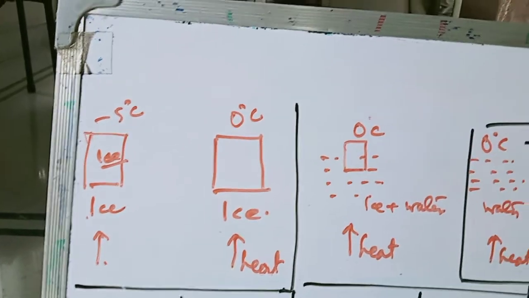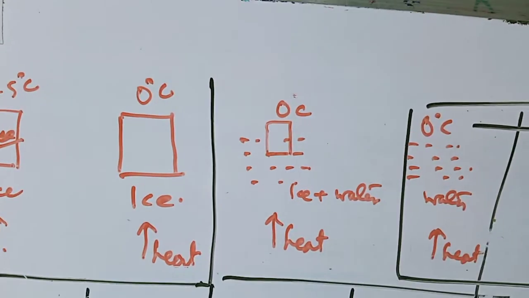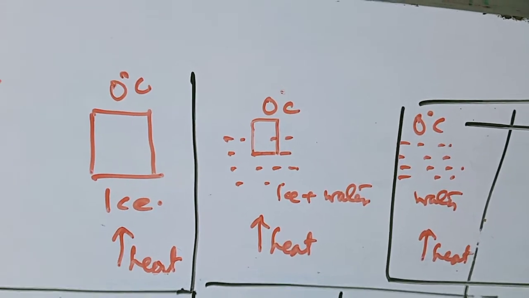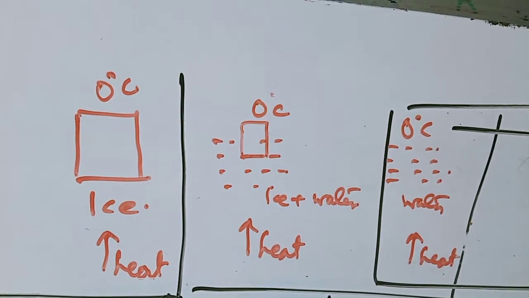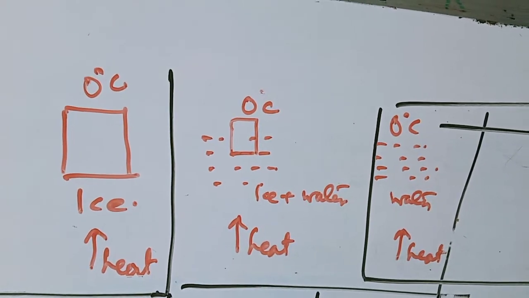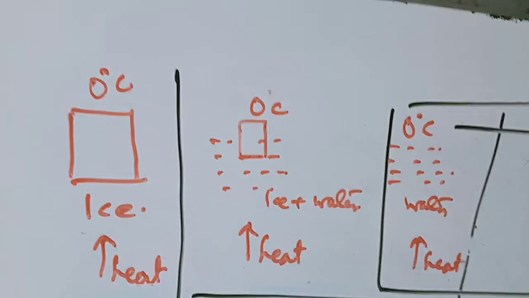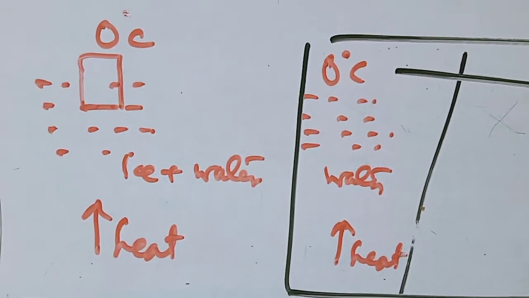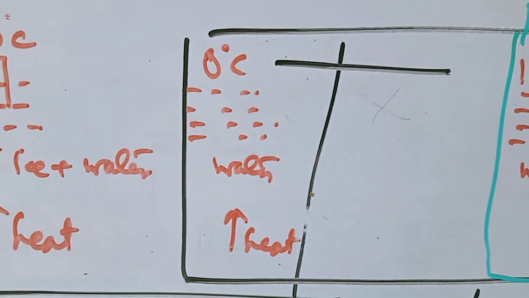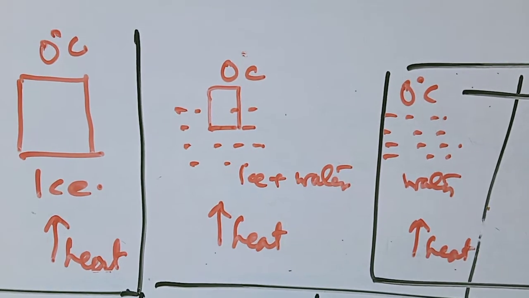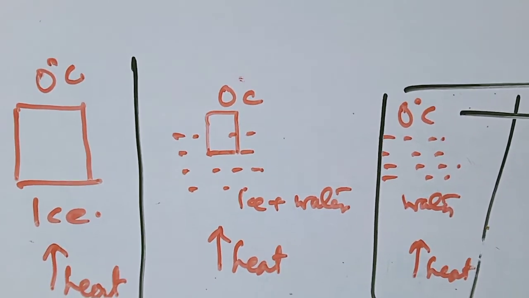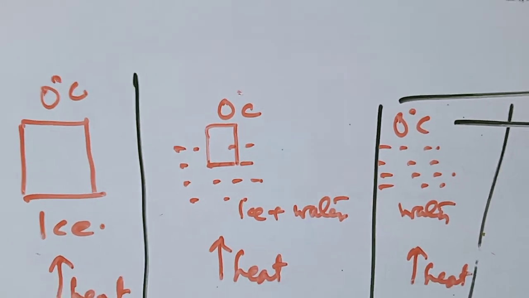Now what happens when the ice is further heated? It reaches the melting point, a well defined point of ice. We will observe that the ice starts melting but the temperature remains at 0 degrees Celsius. Some ice has melted but the temperature is still 0. The temperature is still 0 when the entire ice melts. So during the process of melting, that is change in state, the temperature remains static. There is no change in temperature. Unless and until the entire change of state completes, the temperature remains static.